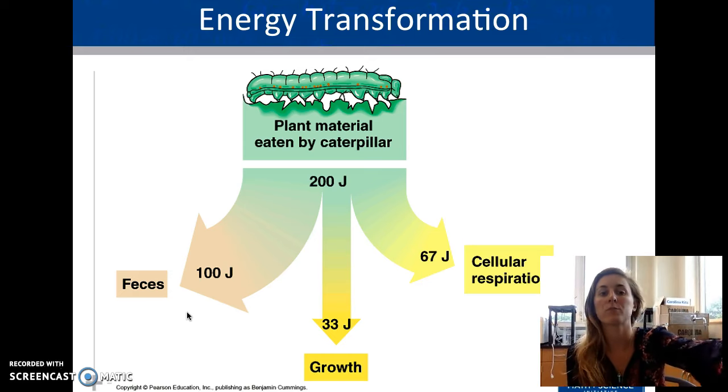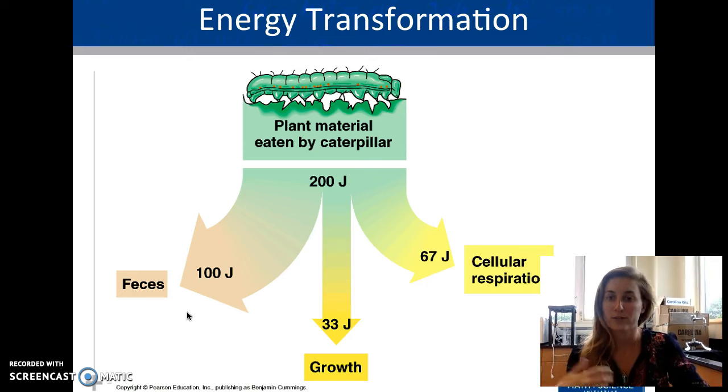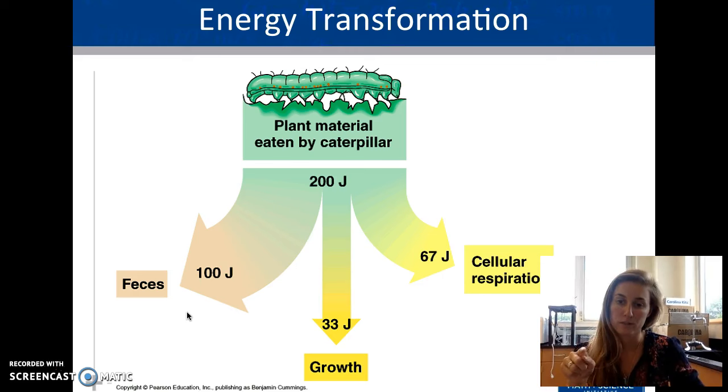Again, this is just an example of where that energy goes. Some of it goes into cellular respiration. When I eat, I do cellular respiration. Some of it goes into growth. We are all growing. Even if I'm an adult and I haven't grown in height, my bones are still shaping, my muscles are still changing, I still go through growth. And then my waste products, heat and defecating and things like that, are also energy that is lost. So for something to eat me, I am not a great source of energy because I'm already using energy to do all three of these things.